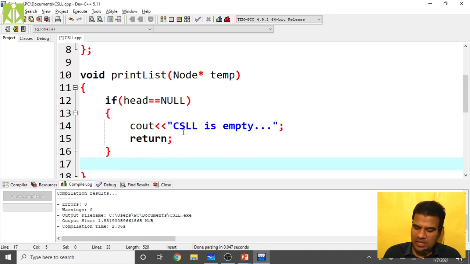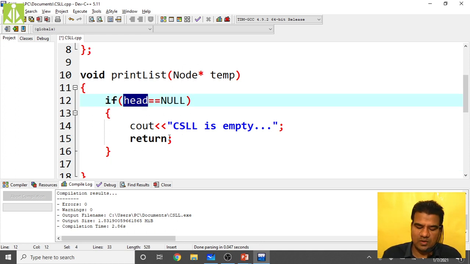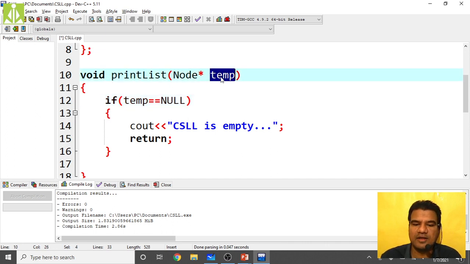If my circular singly linked list is not empty, then I have to visit all my nodes and print them. If my temp is null, you can say CSLL is empty, because everything we are doing with the help of temp now. Already we got the head node's address into this temp.